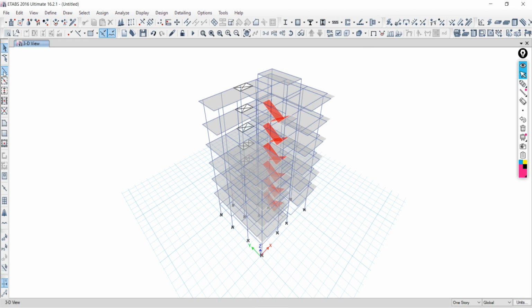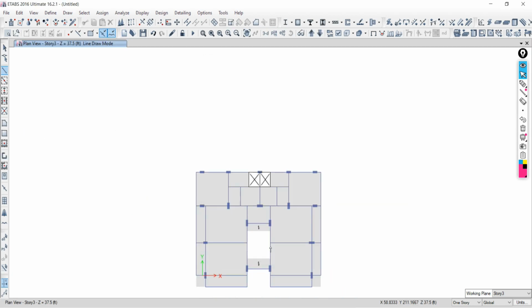Suppose I am going to model this beam, one beam. This is the first point. This is a 3D view. Go to plan and come back to the 3D view. Plan view. This is the first point. The beam is present here, right? And by mistake, this beam I have taken here, and the next beam is present from here to here. So this beam is now present here. Can you tell me whether all these beams are in the same alignment? No, sir.